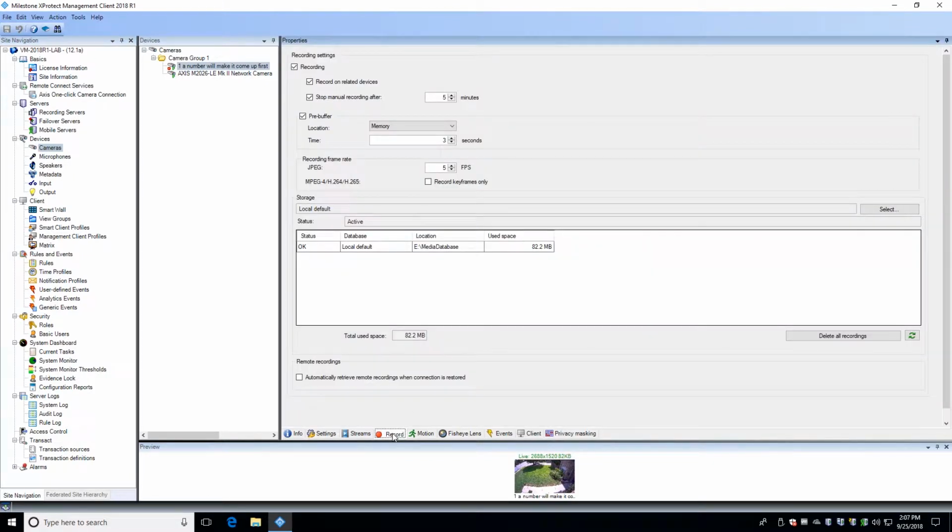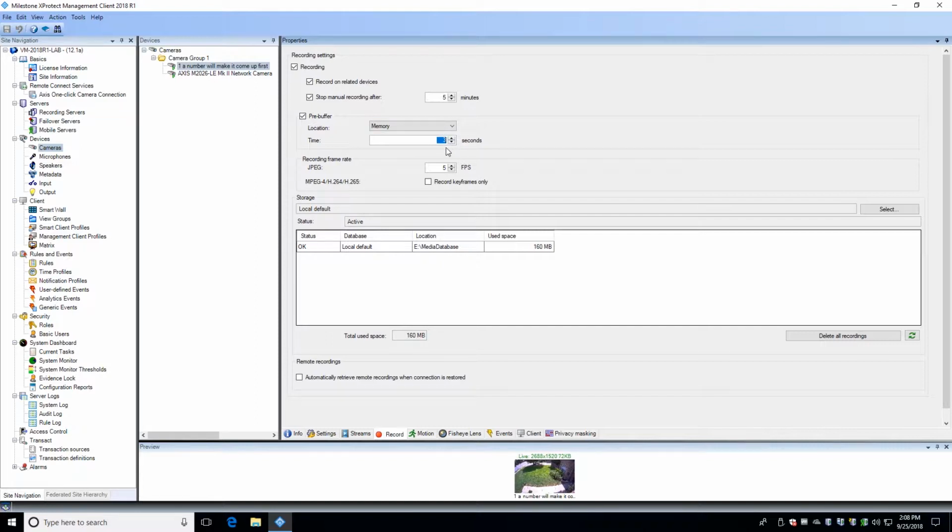Here we choose if we wish for this camera to save recordings, the duration that the video will record if you click the manual record button in the Smart Client, where the video pre-buffering footage is stored, and how many seconds of video are available for that pre-motion buffer. Memory means the system is using RAM to store video prior to motion being detected. This means that the hard drives are only being engaged when video actually needs to be stored. The numeric value is the amount of time available for the pre-motion buffering.